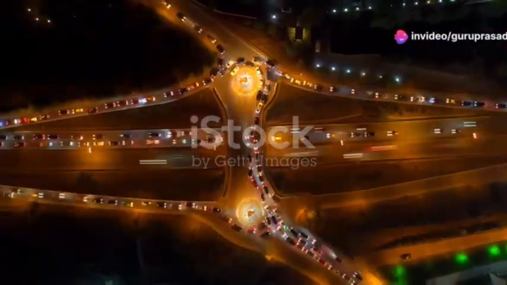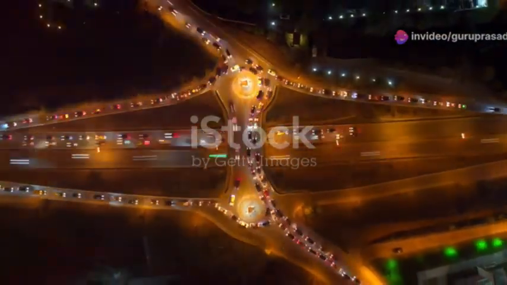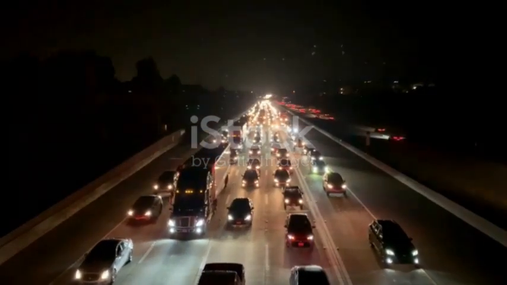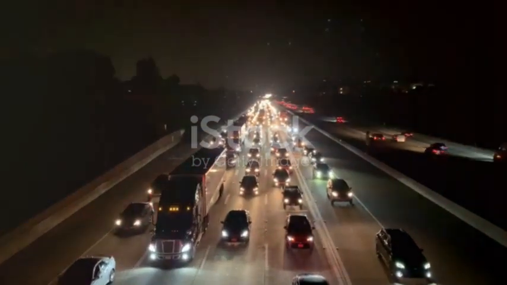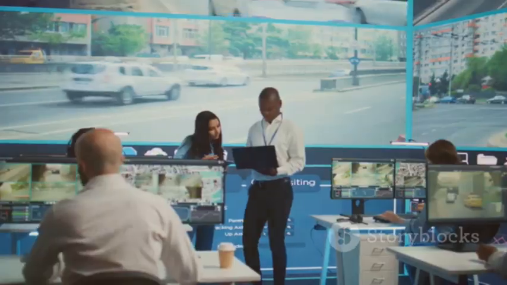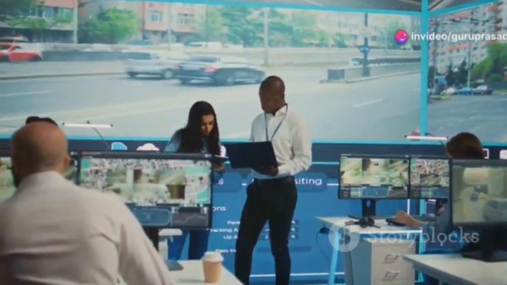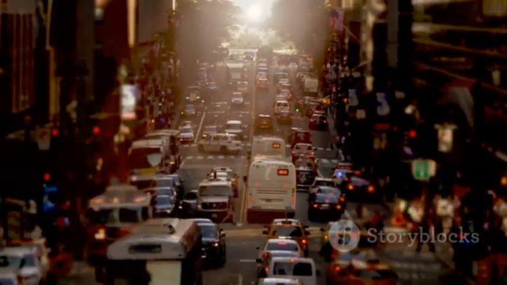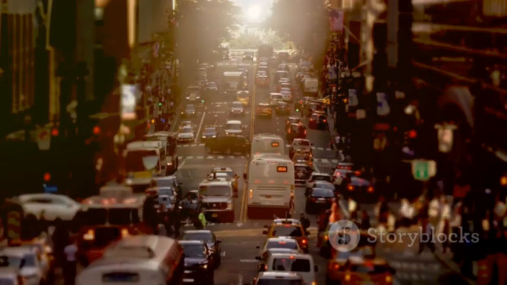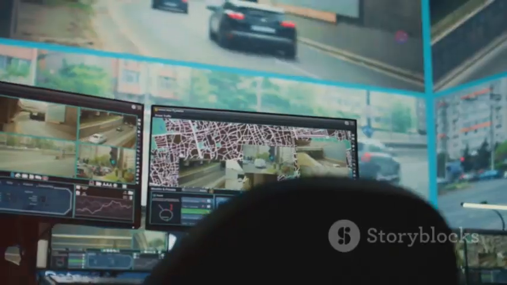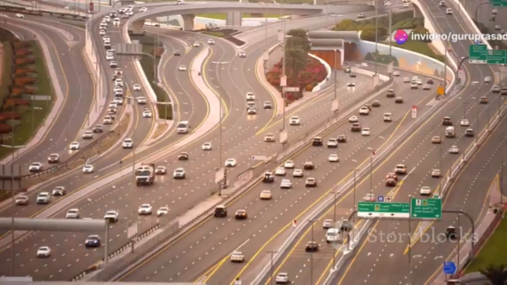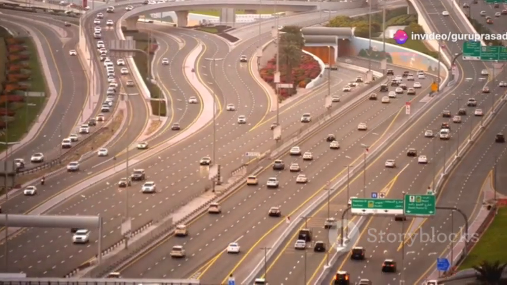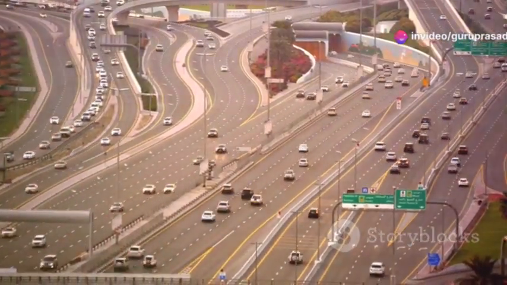We all know that traffic volumes fluctuate throughout the day. The morning and evening rush hours are prime examples of predictable peaks in traffic density. But how can we use this knowledge to optimize traffic flow? The answer lies in the realm of probability. Probability helps us predict the likelihood of events, such as the chances of heavy traffic during specific hours. By analyzing historical traffic data, we can identify patterns and use them to forecast future traffic conditions.